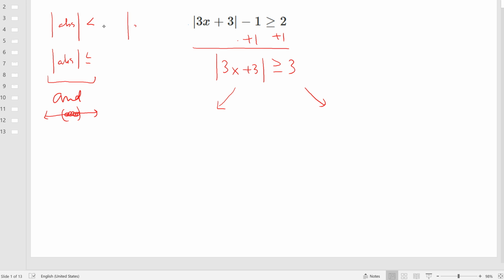If you have absolute value that's greater than some kind of number, or absolute value that's greater than or equal to some kind of number, graph-wise what happens is they're going to go off in different directions, and now you have an or statement. So that's really the difference: less than or equal to versus greater than or equal to will determine the and or the or. So this one is going to have to be an or statement. The way the book does it is you get to drop the